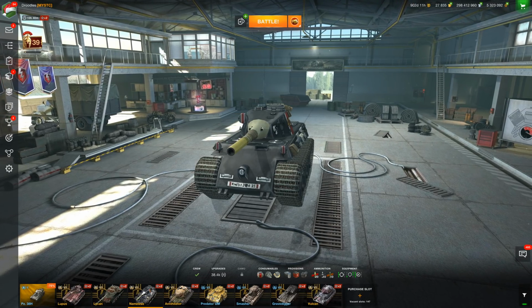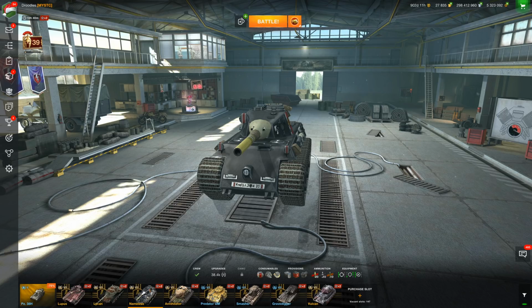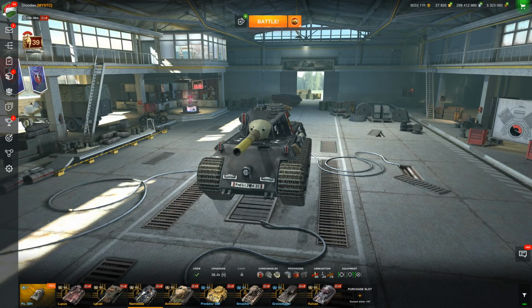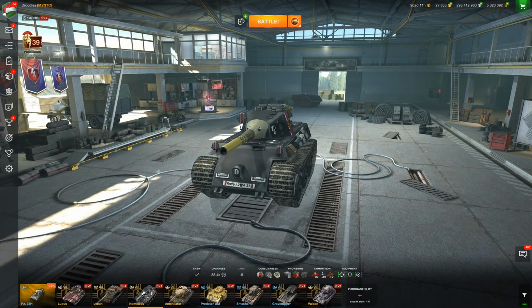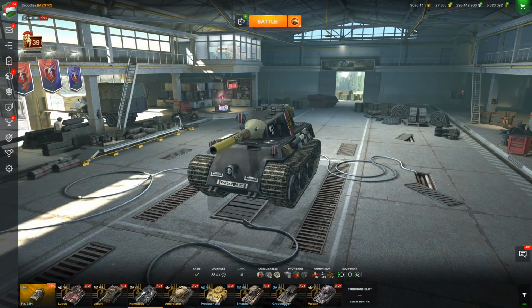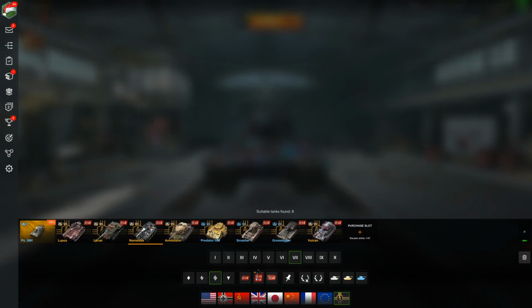I'm of course your host, Blitz, and in today's video we are going to be talking about the Tier 7 Tiger 2, the Nameless. Yeah, you probably thought that today's video was kind of a weird title, but I figured, you know what, it's a really good tank, one that not a lot of people really talk about, especially after playing in the